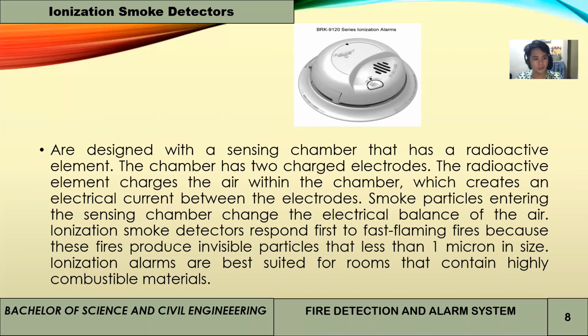Smoke particles entering the sensing chamber change the electrical balance of the air. Ionization smoke detectors respond first to fast flaming fire because these fires produce invisible particles less than 1 micron in size. Ionization alarms are best suited for rooms that contain highly combustible